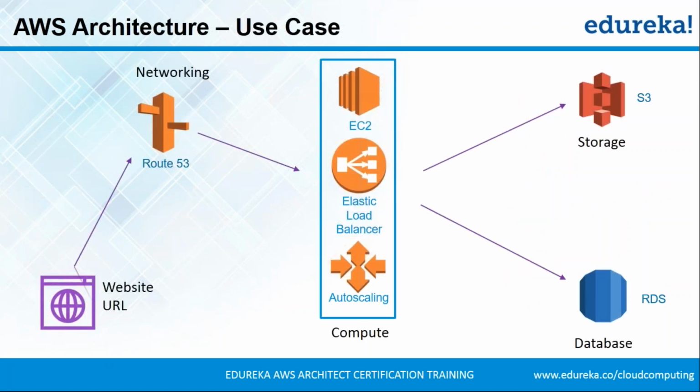So our website URL will point to Route 53, which will convert that domain name to an IP address. That IP address will be hosting your website, and attached to that server will be elastic load balancer and auto scaling, which will address your problem of scalability. Now your server will interact with the database for the user's information and the product information, and the product's images and the other executable files are stored in the file system. So this is how your architecture will look.